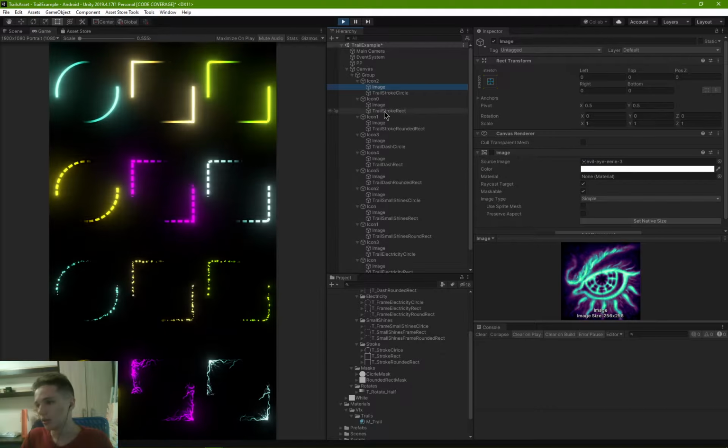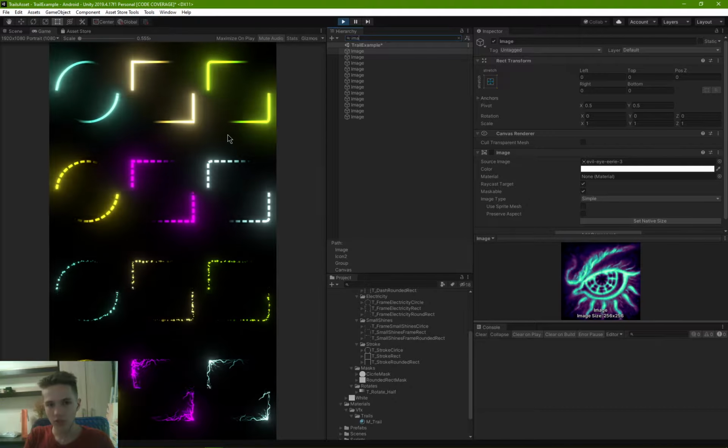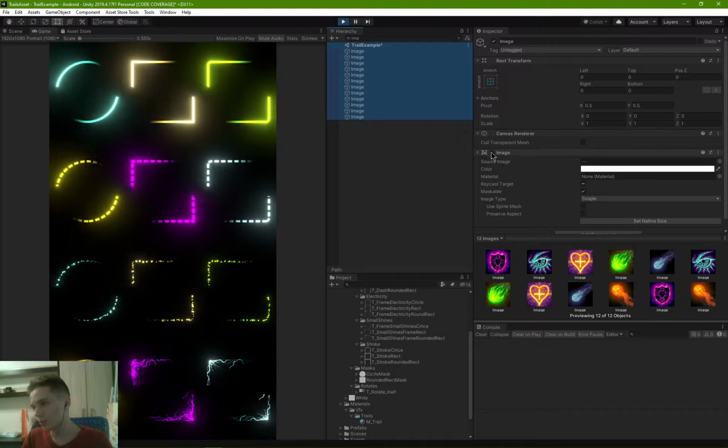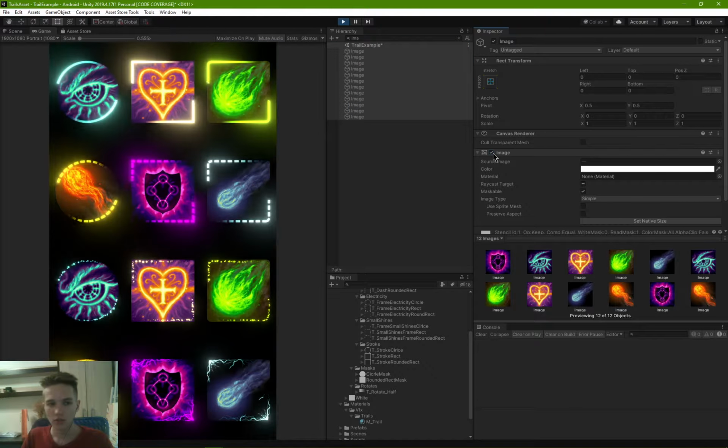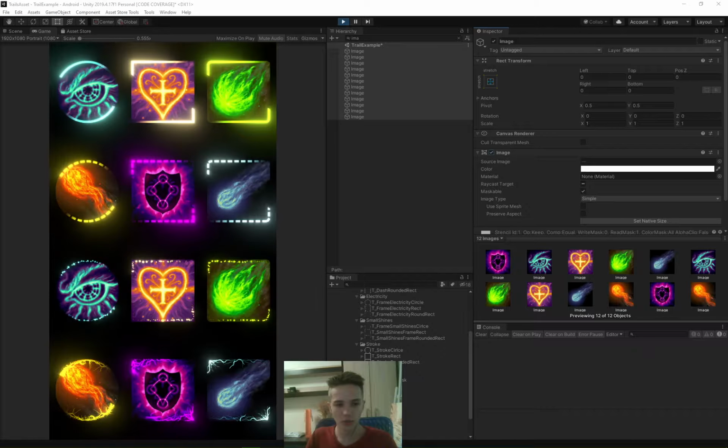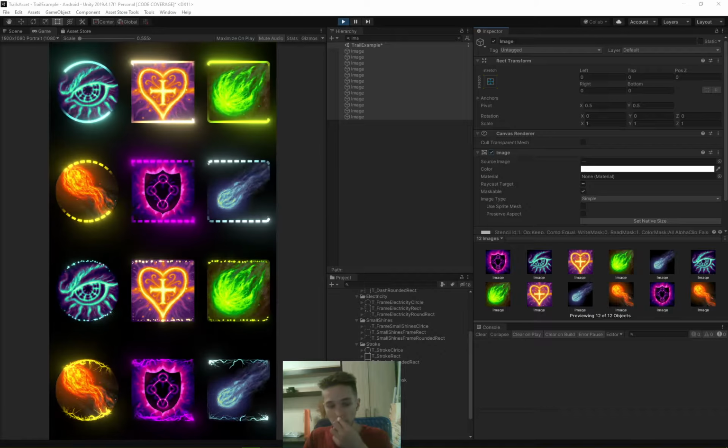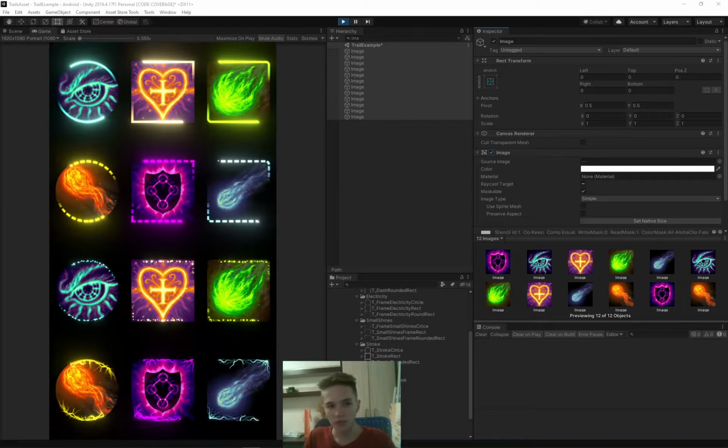So there are some free images that I was able to download. Here is how they are looking right now with my Unity UI Trails. So now the package consists of